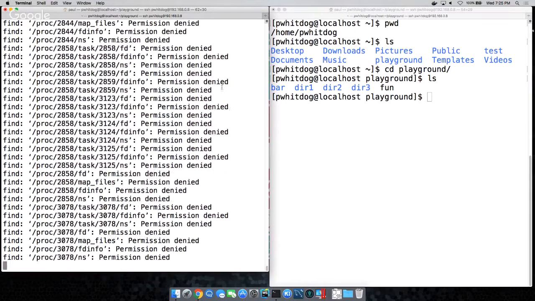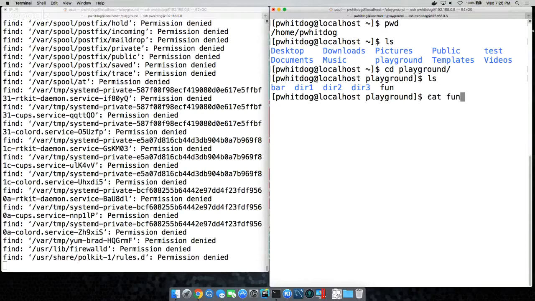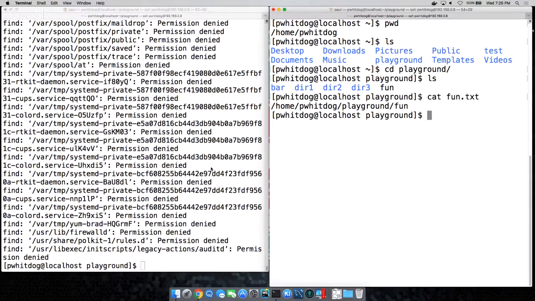Right, boom. And then now you might think that all that stuff is going into fund.text, so cat fund.text. It hasn't completed yet. Well, no, you would like to tail fund.text. That's what I mean, it hasn't finished yet, but you can see that those permission denieds are not there, right?